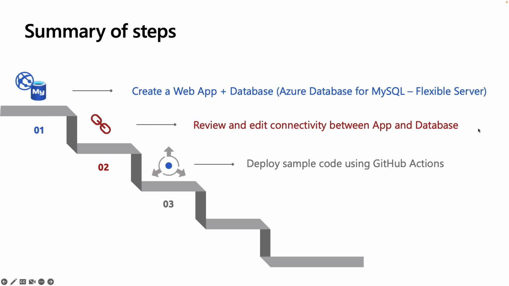Now the third step is to deploy your code using GitHub Actions or other sources like local Git, or you can use Azure pipelines and so on. Now the sample code here, we used GitHub Actions and you saw how simplified and integrated the experience is. If you make any changes to your code, if you use tools and services like GitHub Actions or Azure pipelines, the CI/CD pipeline is already managed for you. So you don't have to worry too much about pushing the code again to the app service